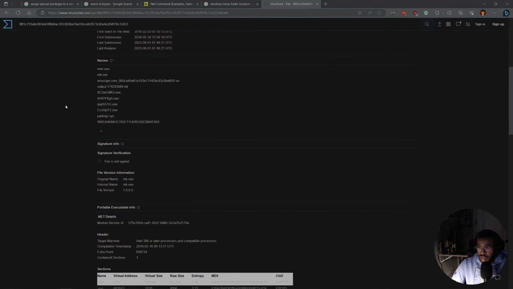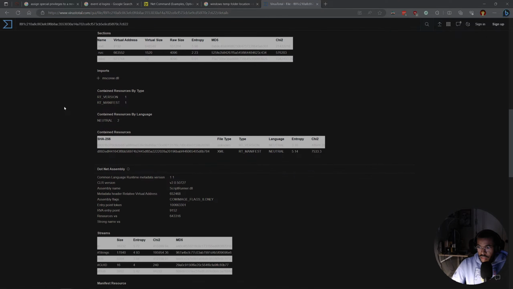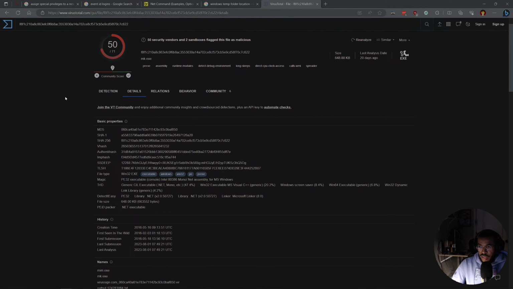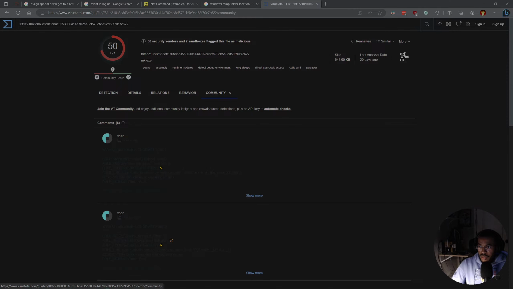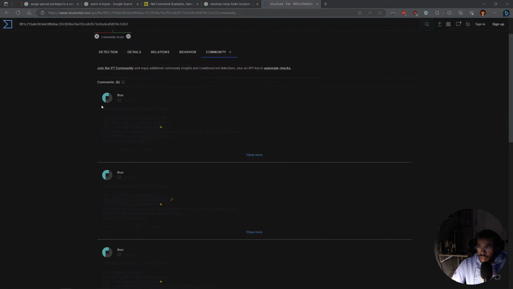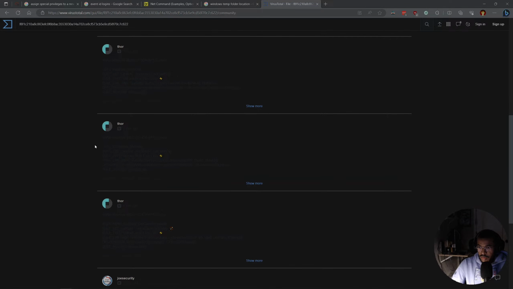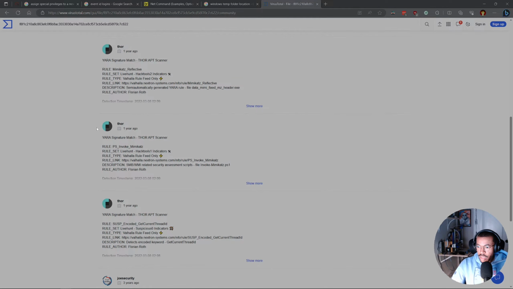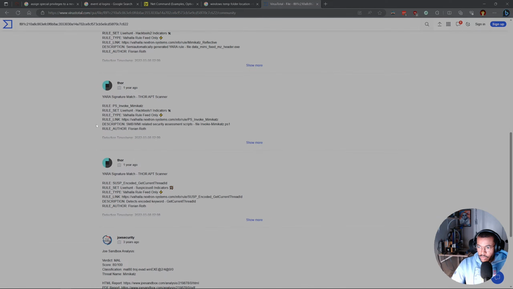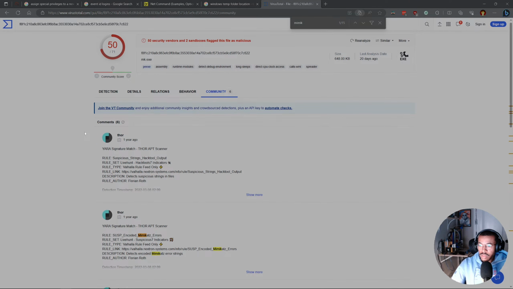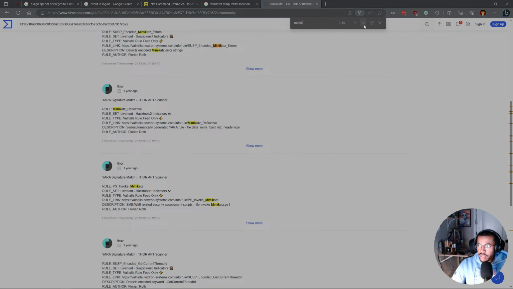But getting attribution, let's see. I'm sure it says Mimikatz somewhere here. It has to. We can go to the community and see. Here we go. Rule encoded Mimikatz, Mimikatz, Mimikatz, and these are all Yara rules that basically search for malware, and you can see Mimikatz is all over these results. So we have a pretty high